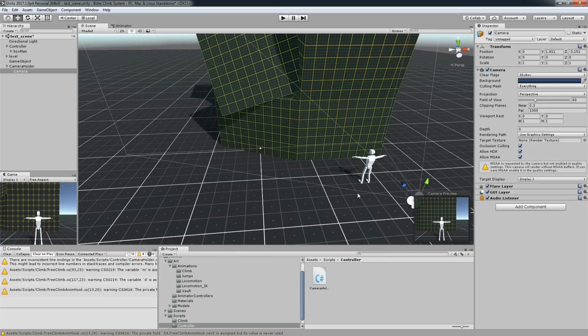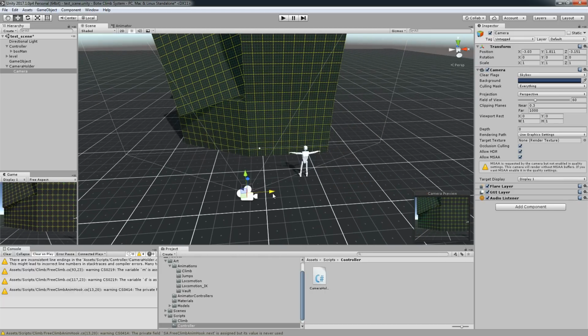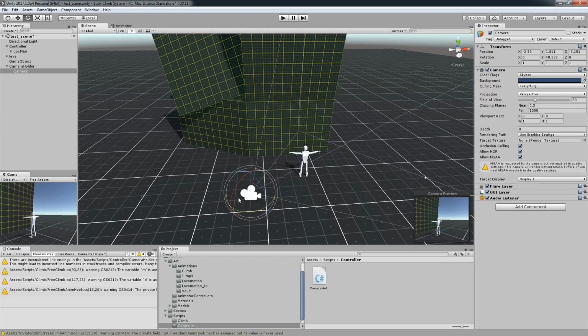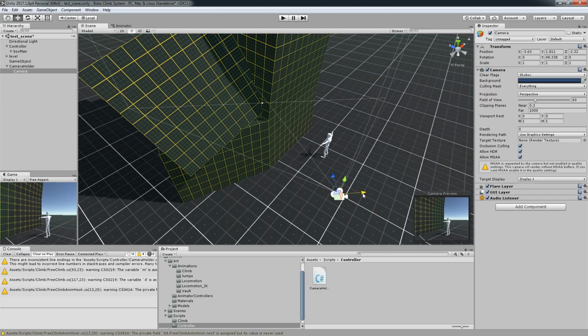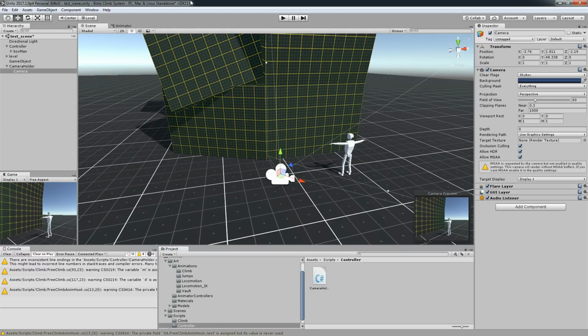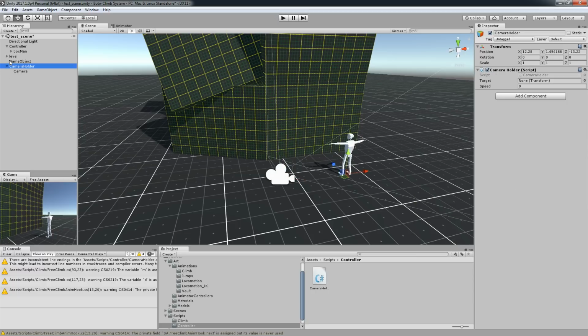Okay, something like this, although I think I will just want to rotate it a little bit from the side so it's easier to spot errors. Later on when we make a controller we're going to make this rotate as well, but till then there's no need to worry about that right now. Take the target and drop it here.